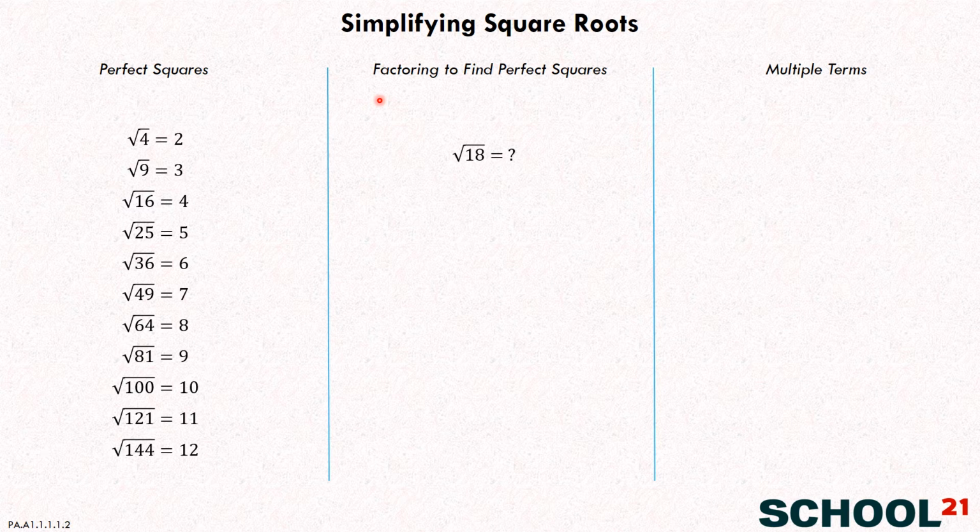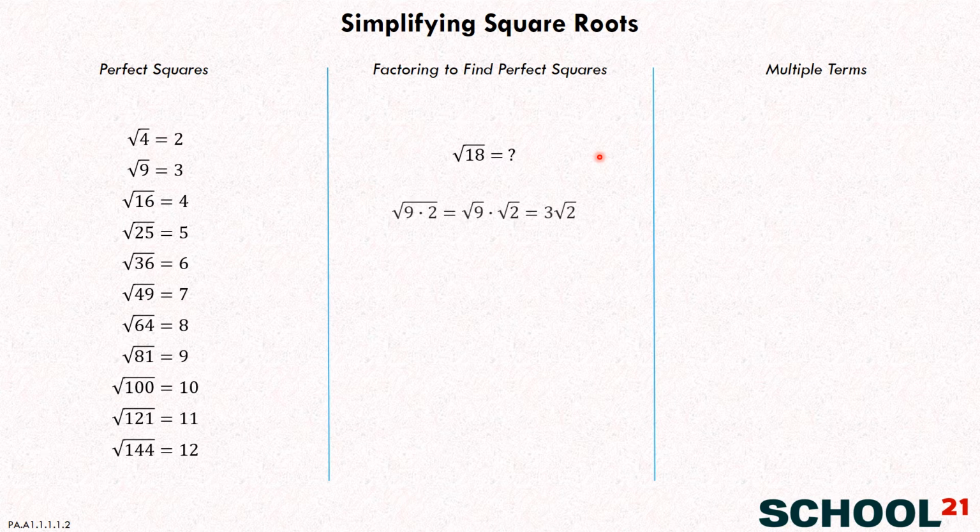So the square root of 18, gosh, what would that be? Well, it's not a perfect square, right? Because it's not on this list over here. But what are the factors of 18? Can you think about two factors of 18, one of which might be a perfect square? 2. 2 times what would be 18? 9. In your favorite times tables. Yeah, 2 times 9, right?